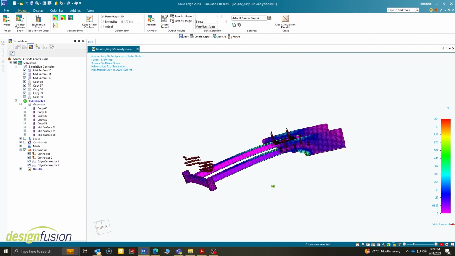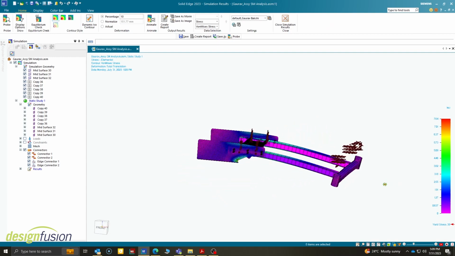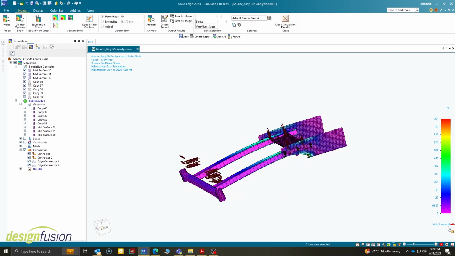Here you can see the deformation. The yield stress is 38, but our maximum deformation is around 7, so it means our model is safe